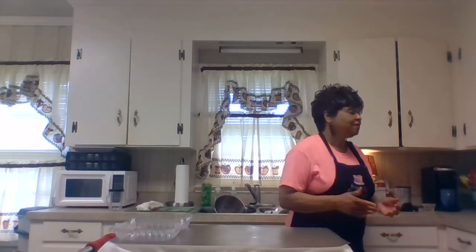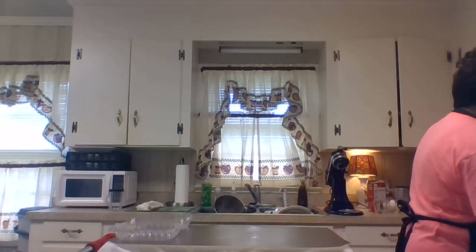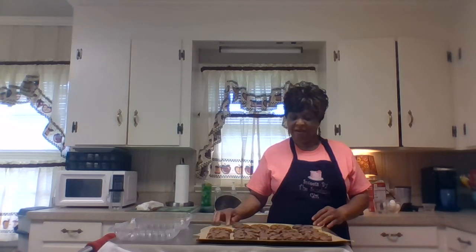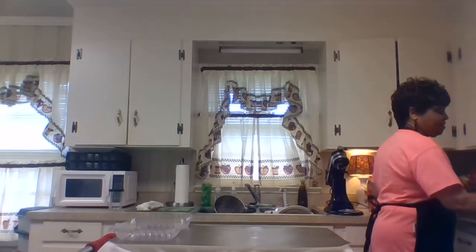Now I'm just going to bring these chocolate ones out. It takes about 10 minutes, and I already had these in the oven. So these are the chocolate ones that I made. And what I'm going to do is take them off the pan. I just wanted you to see the pan. And I have my little